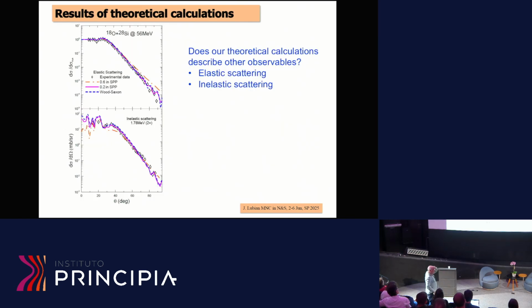So one can ask: okay, we are looking for transfer reactions, and we describe the transfer reaction well, but from the output of this kind of calculation you also have elastic and inelastic cross sections. So are you able to describe all the observables at the same time? Here is an example for oxygen-16 plus silicon-28, the last system I showed you, where the elastic scattering and the inelastic scattering for the first state were available, and we did nothing else. We just put the result from our CSC calculation next to experimental data, and you see the